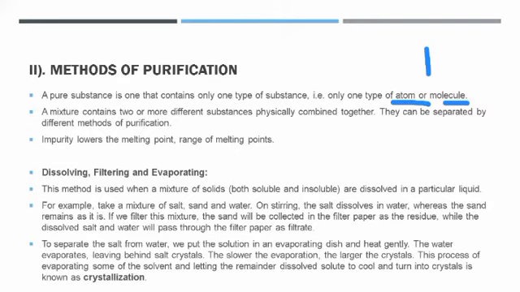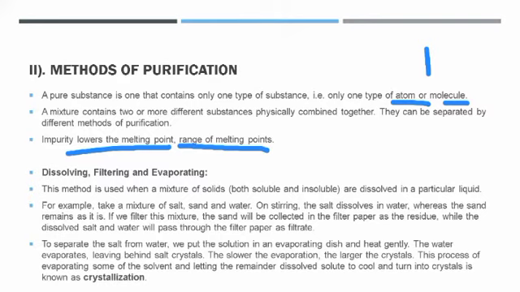And whenever I'm going to add any impurity to any substance, the melting point decreases. Always remember that whenever any impurity is added, the melting point is lowered, and you have a range of melting points. For example, if you add an impurity to water like sand, so what is the melting point for water? The melting point is 0 degrees Celsius. That is going to be lower to say -5 degrees Celsius or anything. And you will have a range of melting points. So first you just had exact 0 degrees Celsius as your melting point, but now you have several different values